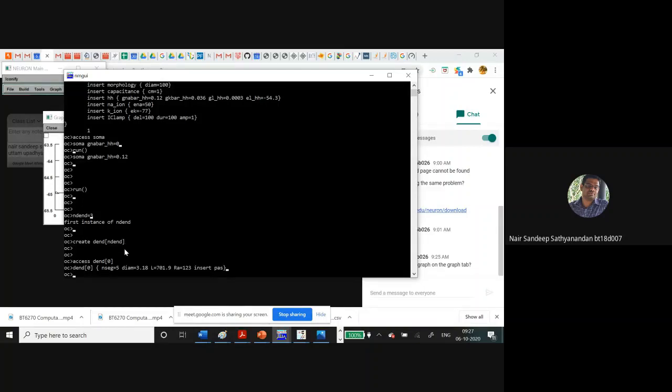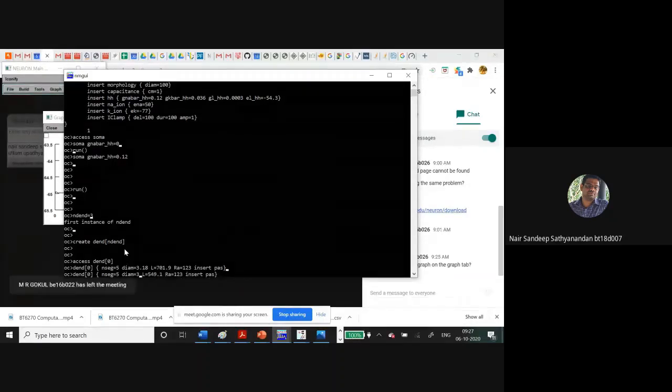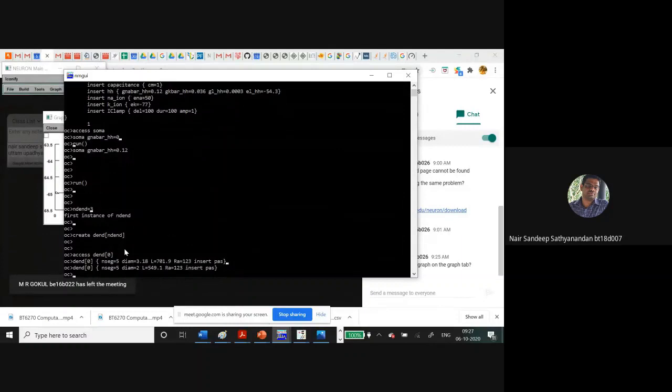If I want to create another dendrite, I can go here and change the properties. Some values I can give which can be close by. So the diameter, I'll reduce it.